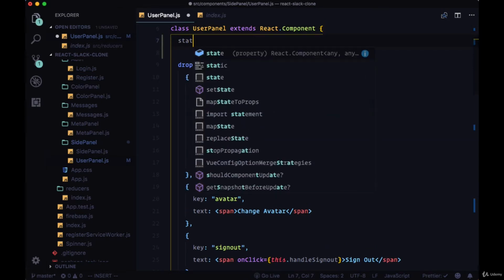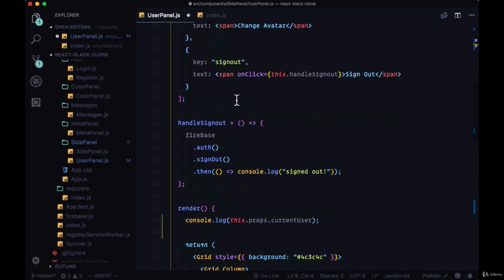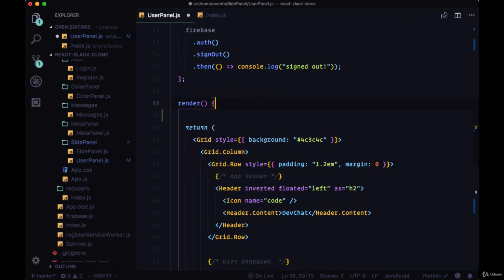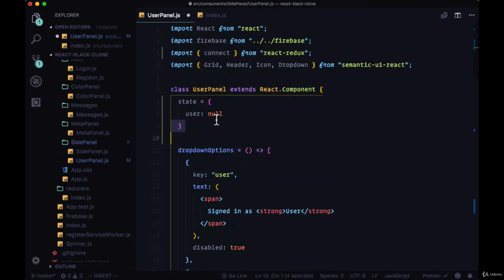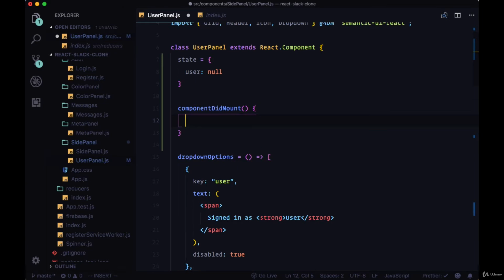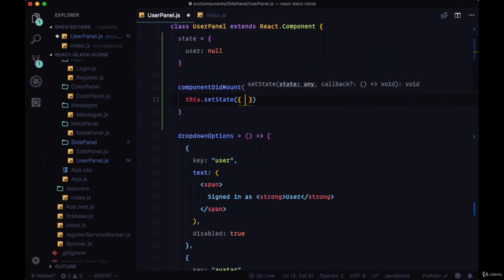But to get the username value within our dropdown, we can create a state object where we have this user property, and instead of logging the value within render to update the state object, we can't do it from the render function. We need to create a lifecycle method such as componentDidMount, and then when we get that user data, we can set the state, and in particular this user property that we created, we can set it to this.props.currentUser,